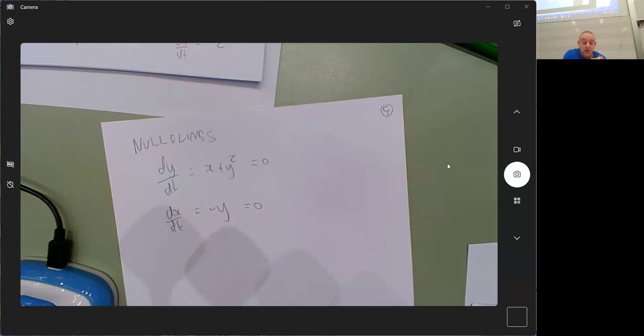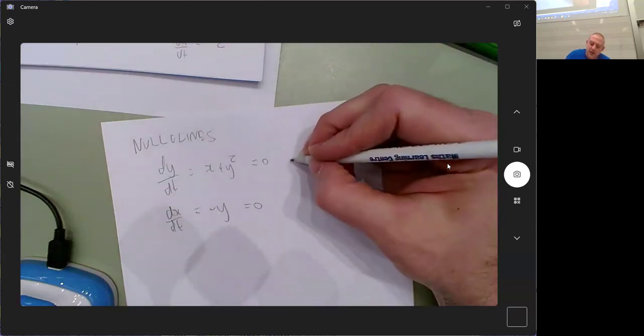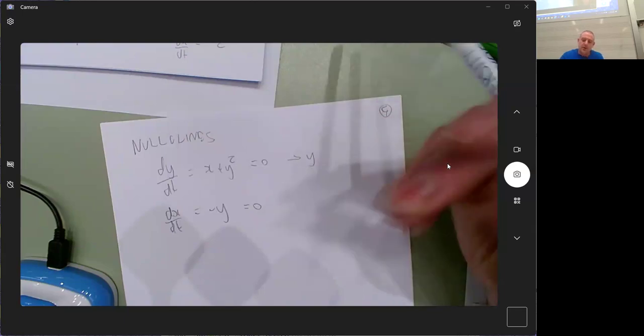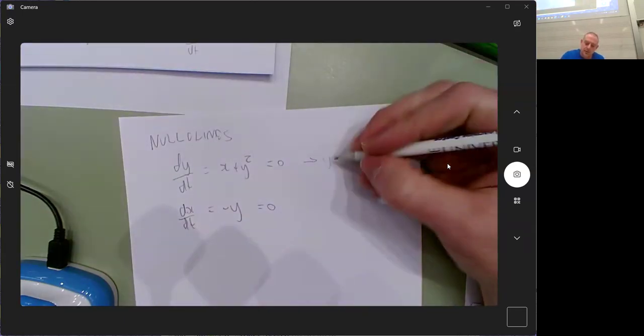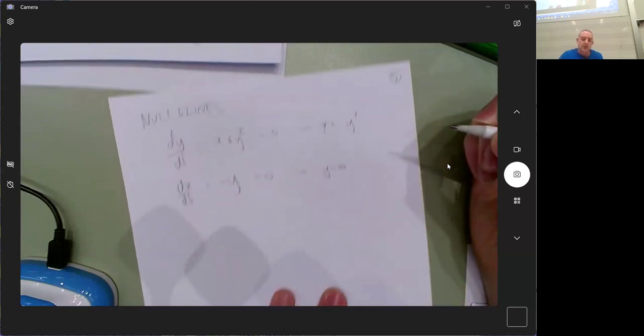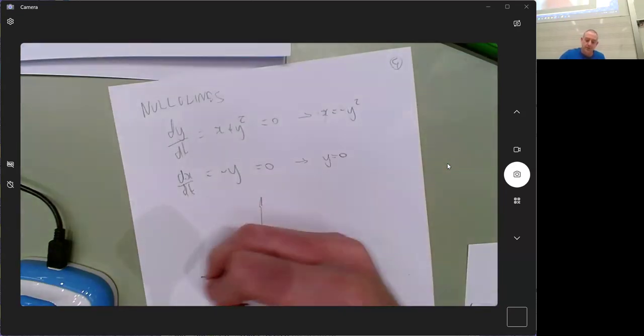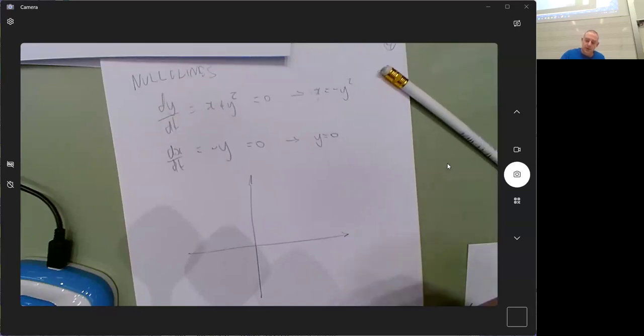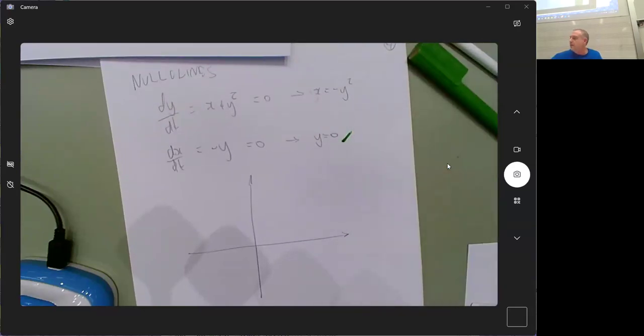So if you have a trajectory that passes across a nullcline, I'm just going to write these down. This is x equals minus y squared. And this is just y equals 0. So I have two nullclines. So I'll make this one green and this one,